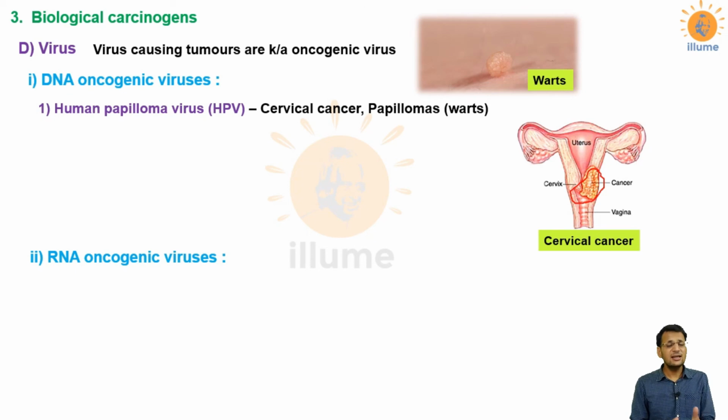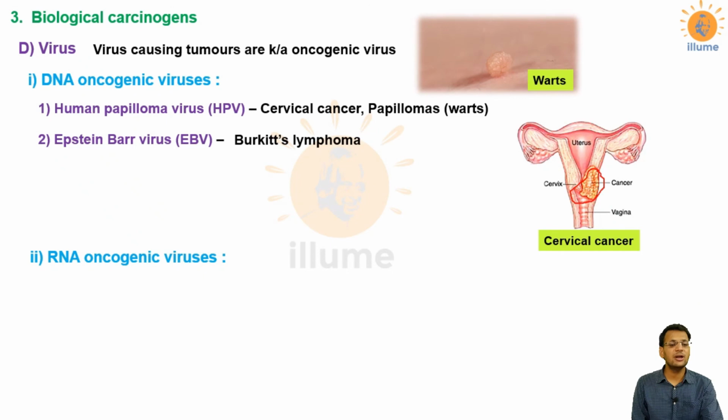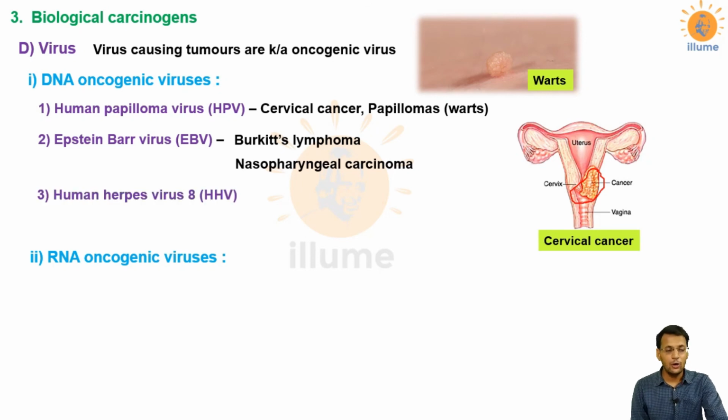So here is a small suggestion from my side. You should always go for vaccination against cervical cancer. A vaccine is now available, so a female should always be administered with this, because in India it is a major concern, and many females these days are suffering from cervical cancers. The next important virus is Epstein-Barr virus, a very important question in NEET UG and NEET PG exams also. EBV is associated with Burkitt's lymphoma and nasopharyngeal carcinoma. Next one, HHV8, human herpes virus 8, is responsible for Kaposi's sarcoma.